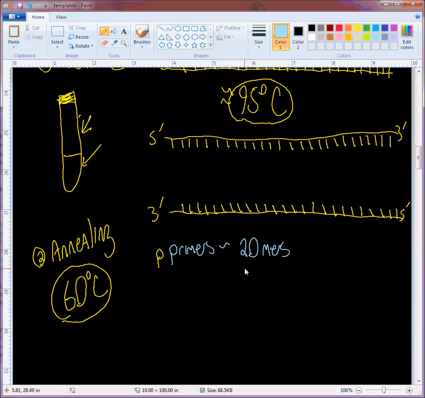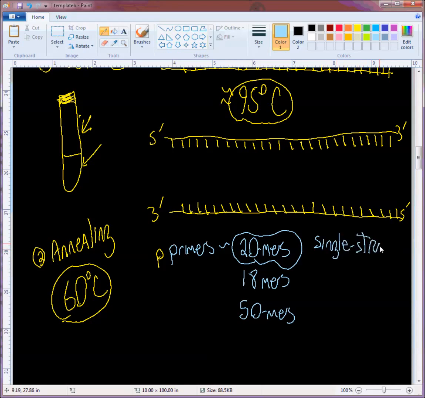Sometimes they could be as short as 18 nucleotides long, and those would be 18 mers. They can be as long as 50, sometimes even longer. But in general, we're going to use primers of about 20 nucleotides long, and we can call these 20 mers if we want. So these are single-stranded DNA,